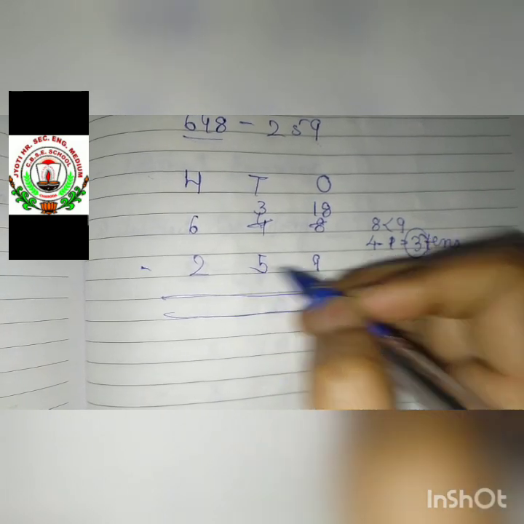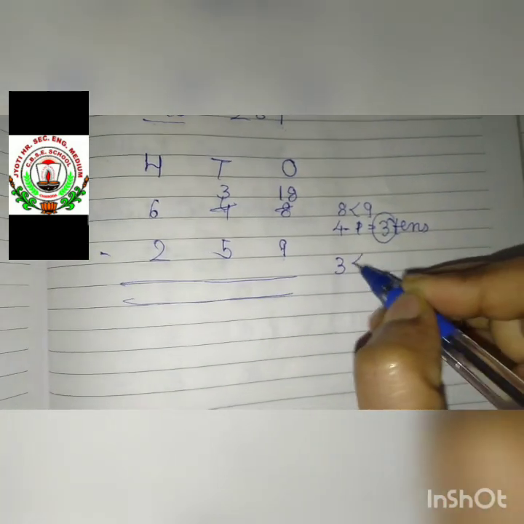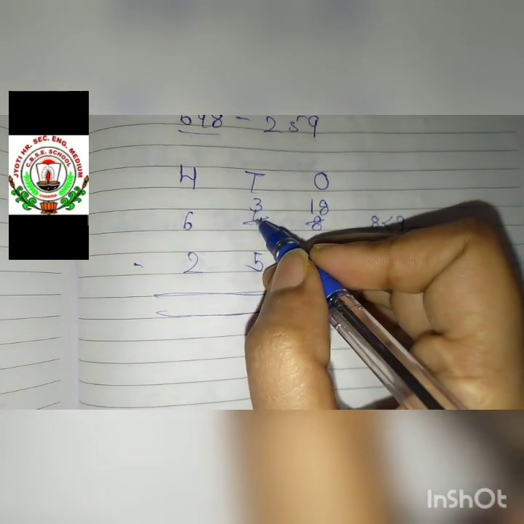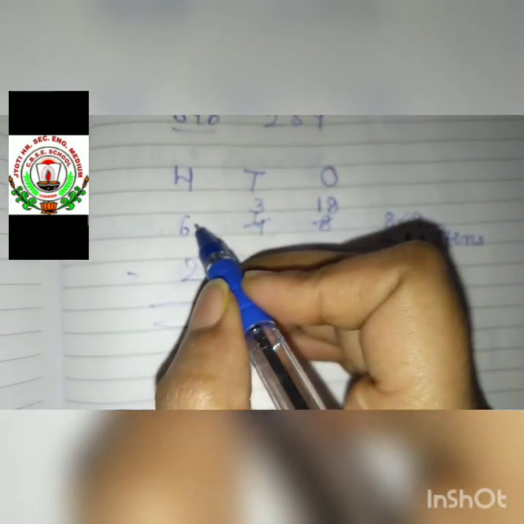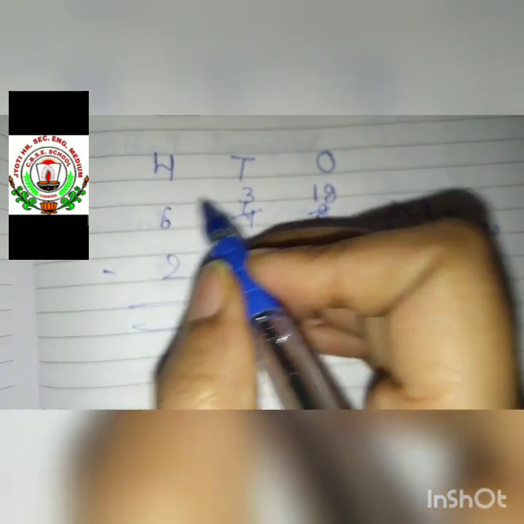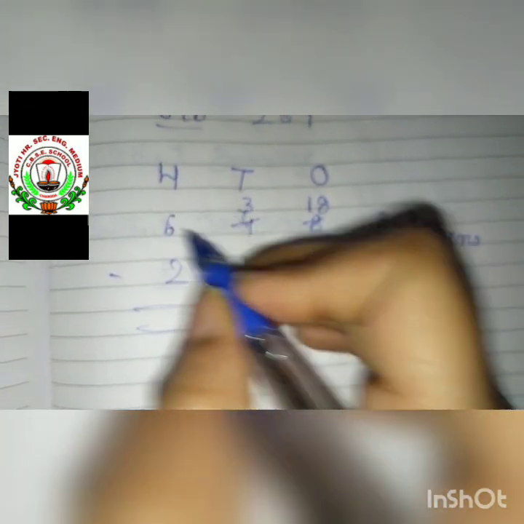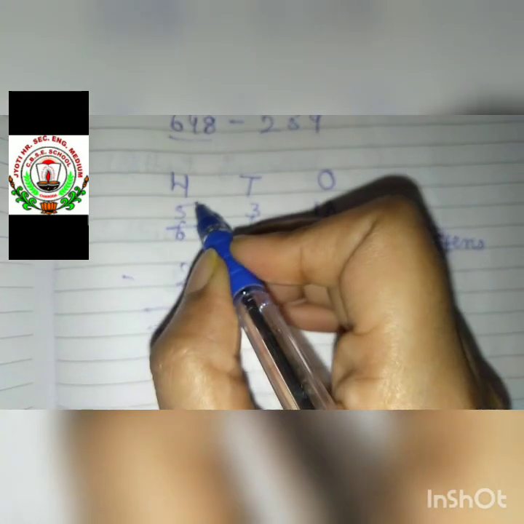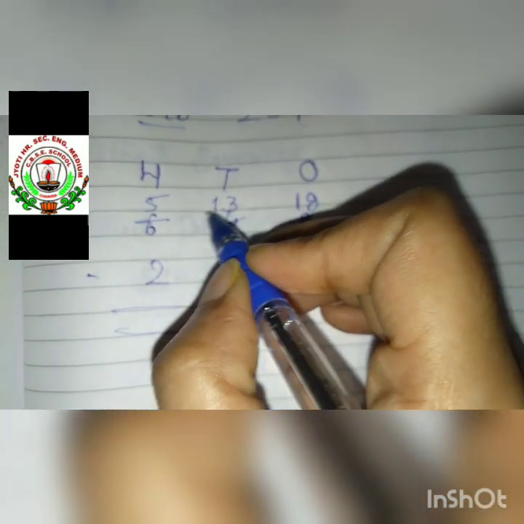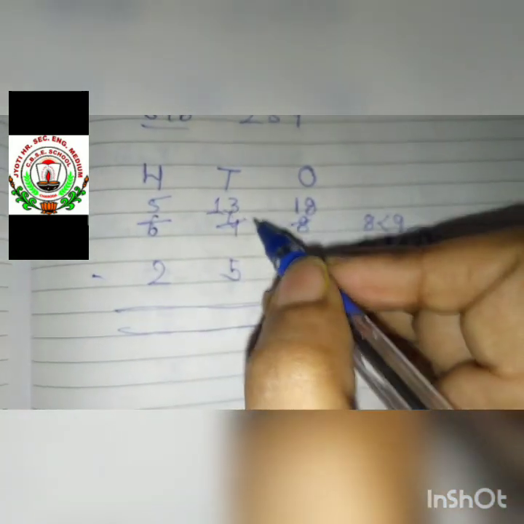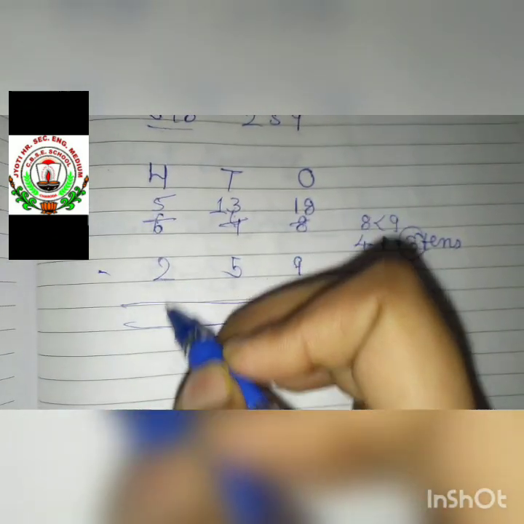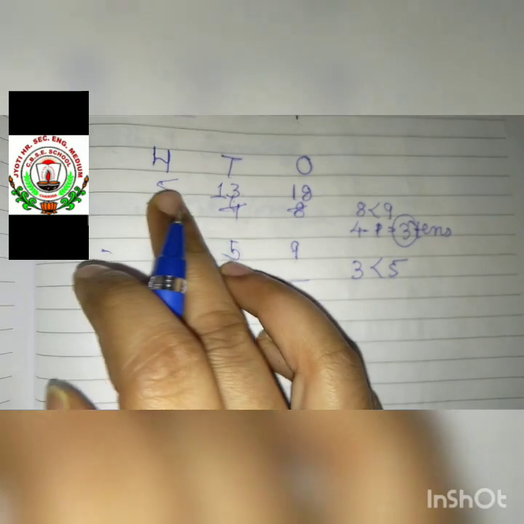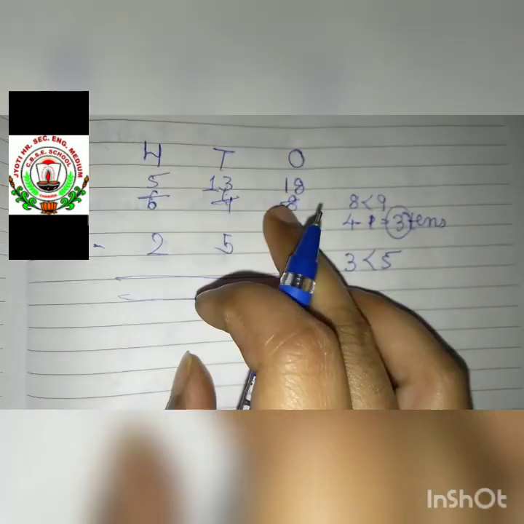And 3 minus 5 we can do? No, children, we can't. Here also 3 is smaller than 5. So again this one has to borrow from the next one, the hundreds column. So 6 will give 100 to 3 tens. And 6 will be left with 5 and 3 will become 13. Now the new number is 13 minus 5. We can do the subtraction. 5 minus 2, we can also do this subtraction. We have to see the new number form, not the previous one, 640.